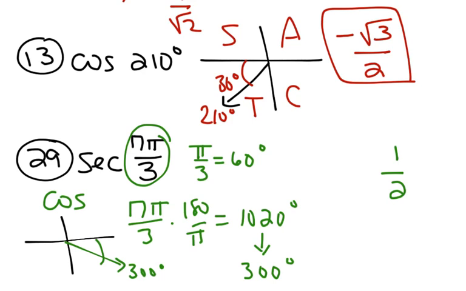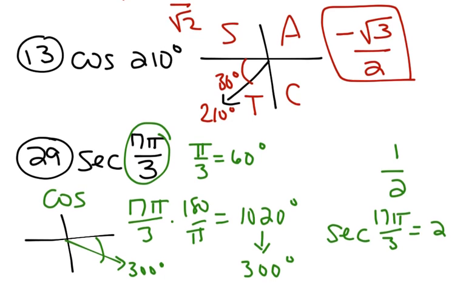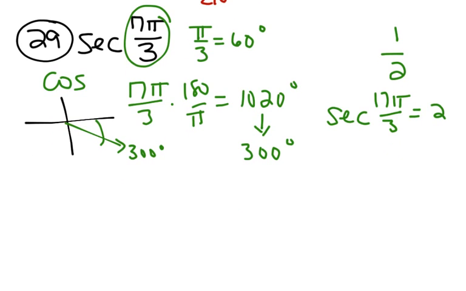And again, we already knew its reference angle was 60. So the answer is that it should be positive. Now, this is the cosine. The secant is the reciprocal, so it's just 2. Next one,